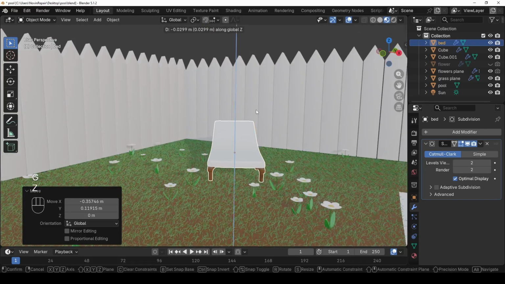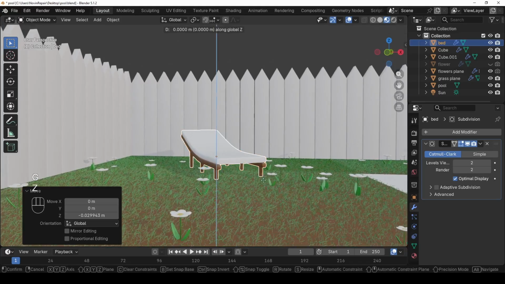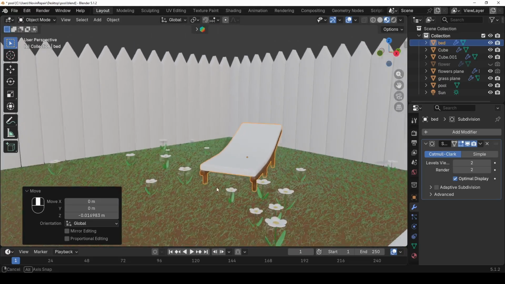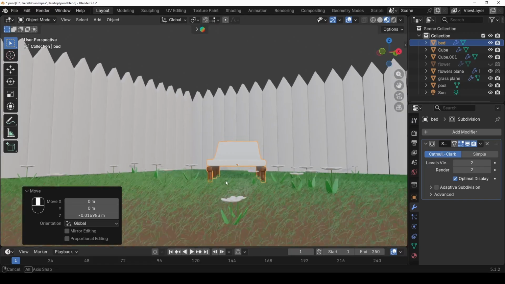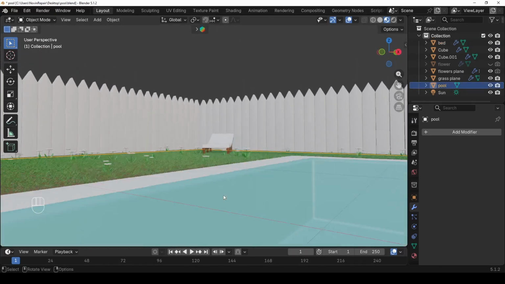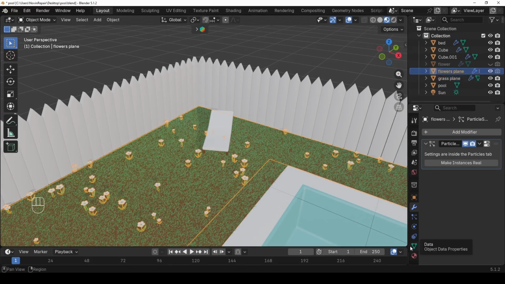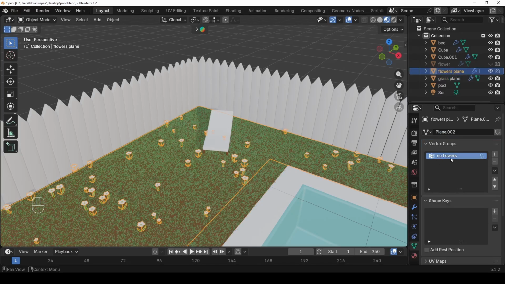But imagine that I want to remove these flowers now. Let's bring it down. And actually I don't have to remove any flowers, but you know how to do that. We have to go inside, select the flower plane, and then here is the flowers plane, and inside this vertex group, I have to select the vertex group here, and then go inside weight paint